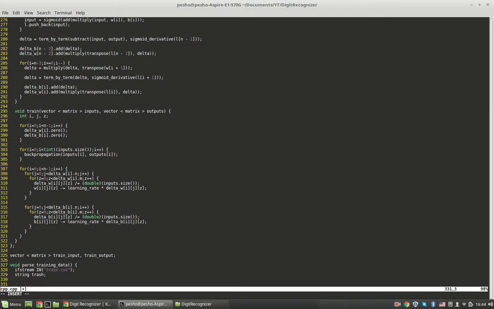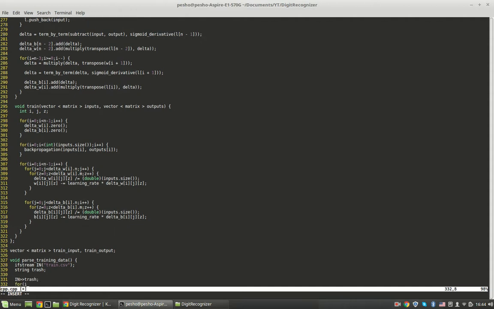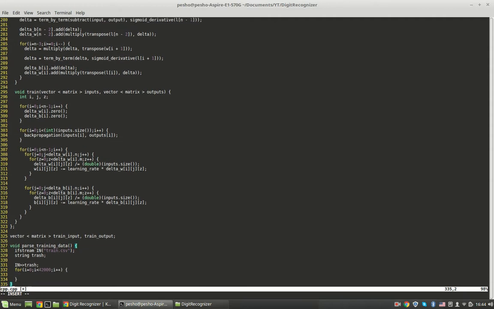We first read the first row, which is useless, and then we go on and read all those 42,000 rows. We read that, and then we'll have some vector, I suppose,